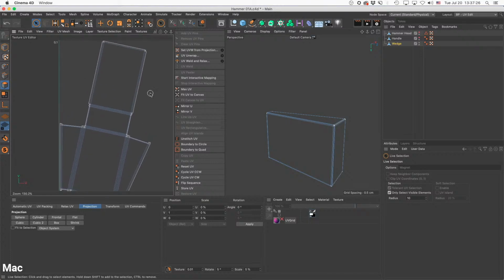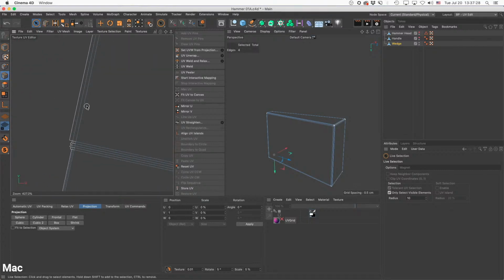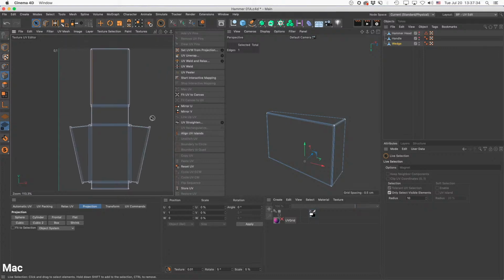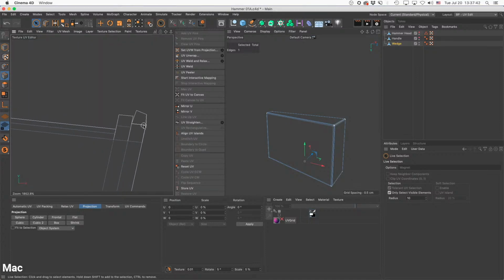So let's go and straighten this out. Go to your edge, select one edge, UV straighten, align UV islands. I always confuse those, and there it is. So nice and straight, our wedges, pretty much perfect. If you want to go and bring some of these things together, you can do it by welding